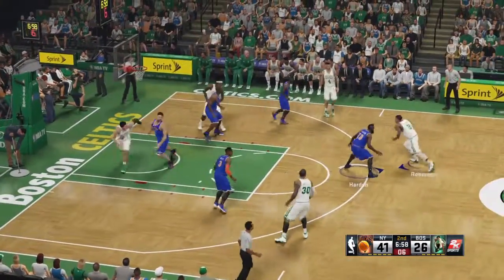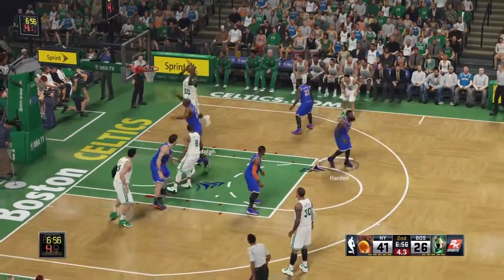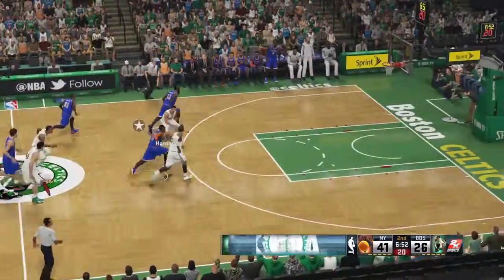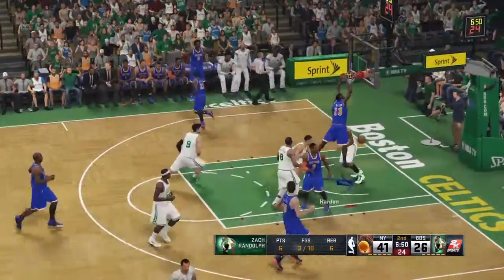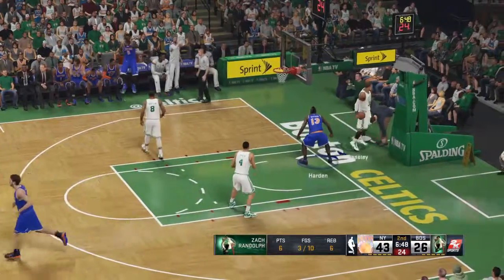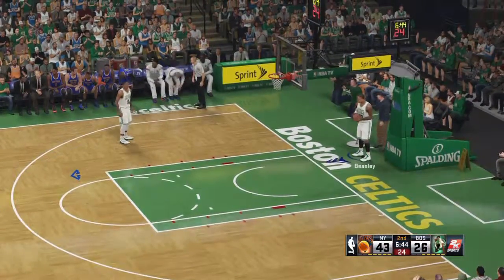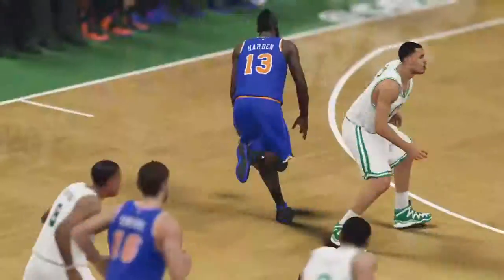Pass to Roberson. He dishes it to Randolph, and it's blocked. They get it back. Well, he hasn't had much success shooting the ball, but it's not too... Oh, get it! Oh, watch out now. Here he comes, and there he goes. Look at him punish that rack. You know, the guys on the bench are going